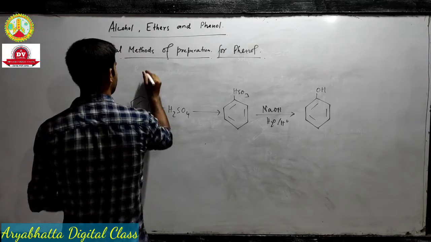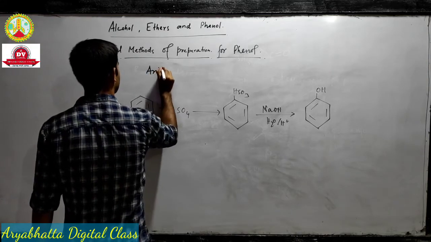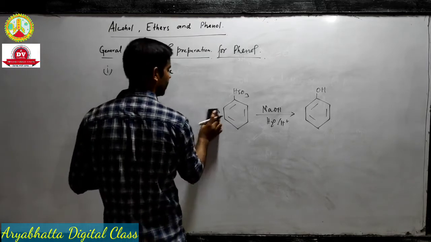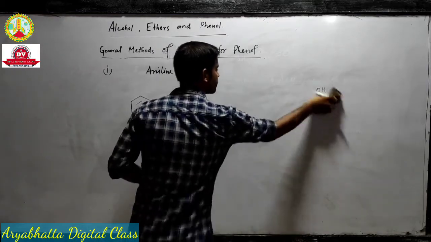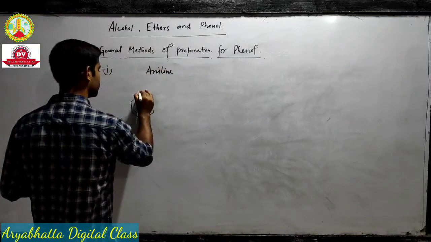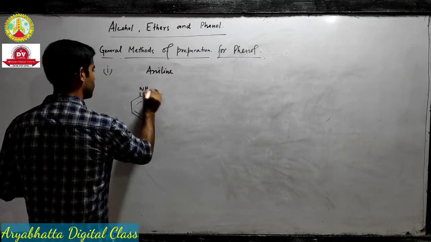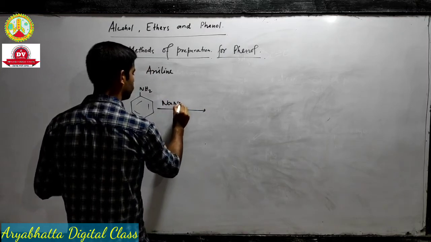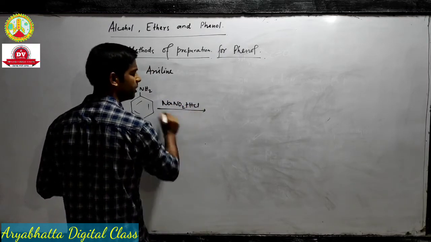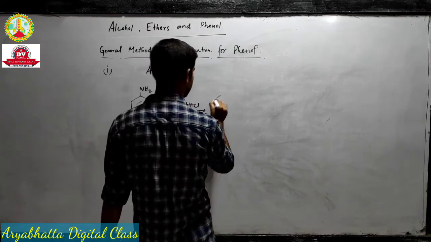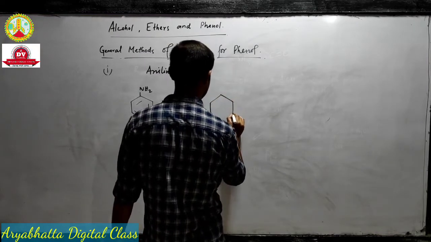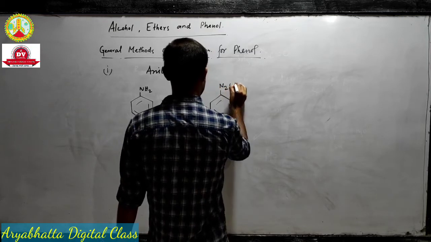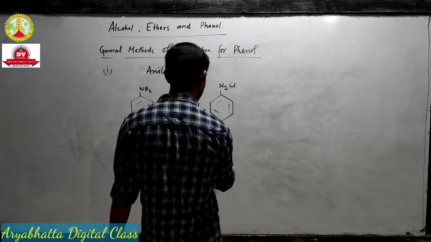Let's see an example with aniline. So what will happen in aniline? When aniline reacts with NaNO2 plus HCl, we have seen this reaction in Sandmeyer's reaction in the last chapter. So it will get converted to benzene diazonium chloride,